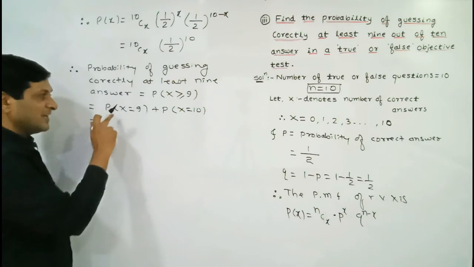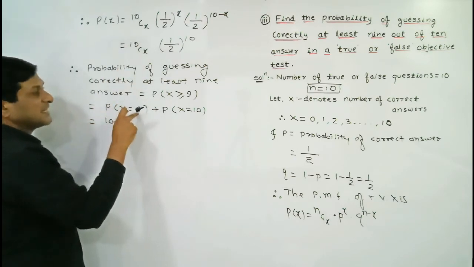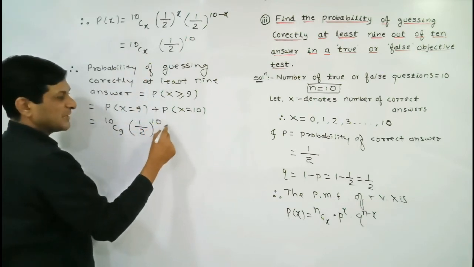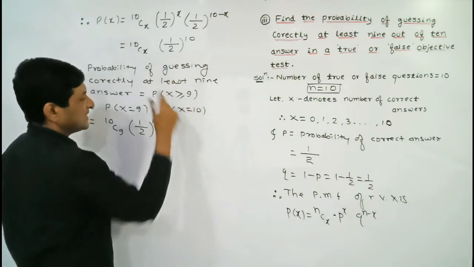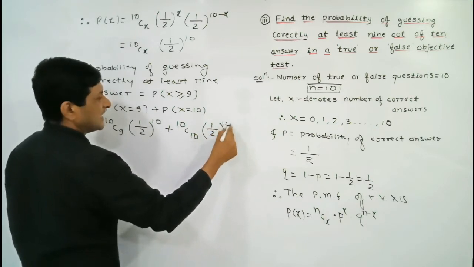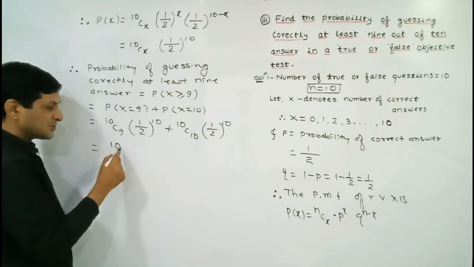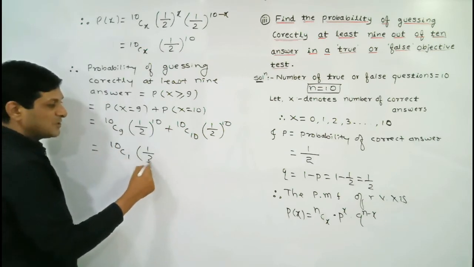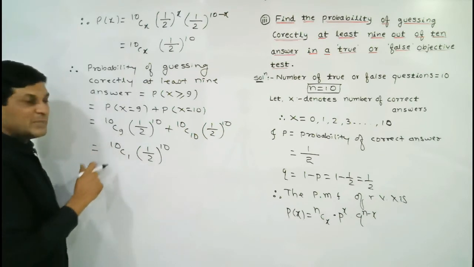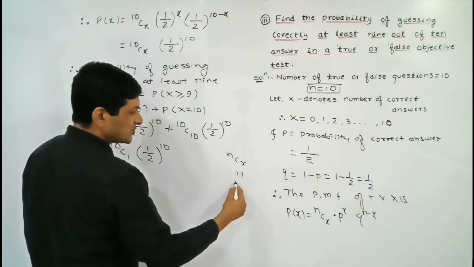So which is equal to, when x is equals to 9, see what result we are getting. 10C, replace x by what? 9, into (1/2) raised to power 10, keep it as it is, and here replace x by 10. So 10C10 (1/2) raised to power 10, keep it as it is. So which is equal to 10C9, which can be written as 10C1 also, (1/2) raised to power 10, keep it as it is, because we know that using the property of combination, nCr will be equals to nC